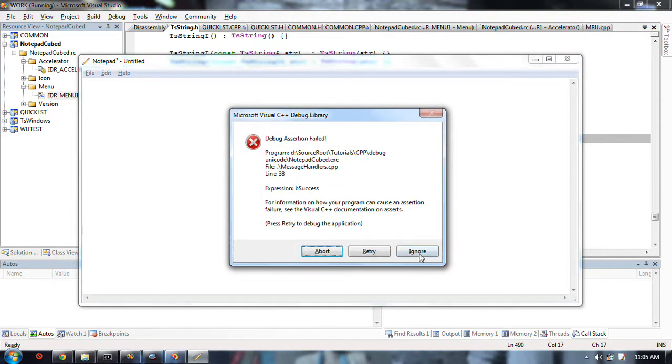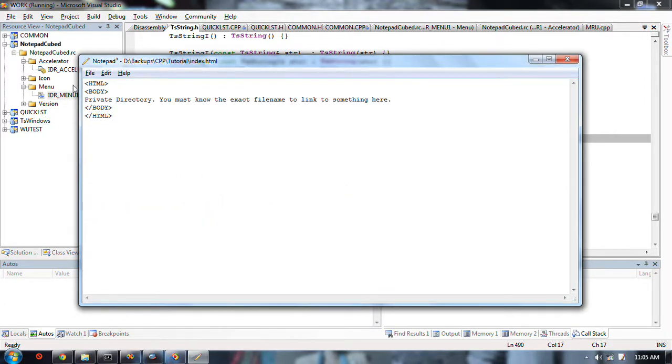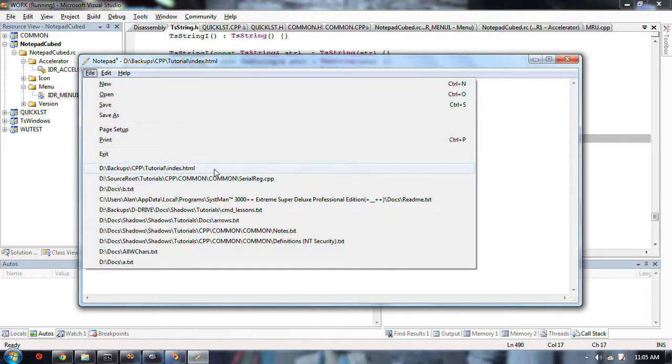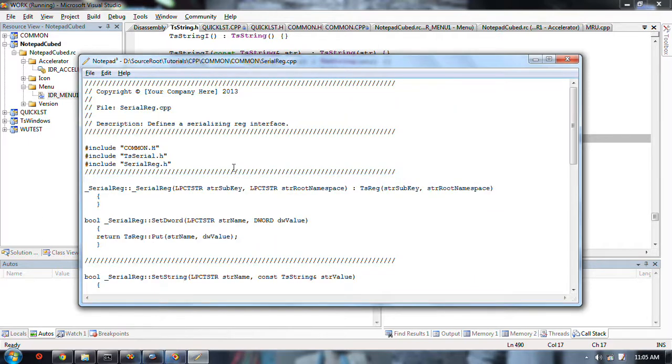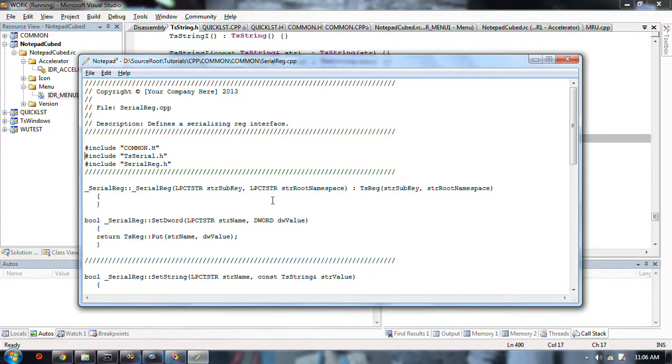Oops. And some of these files don't exist anymore. Oh, shadows. Oh, I got rid of this folder. Now those should disappear when that happens. And I've added a bunch of things, like shift delete.